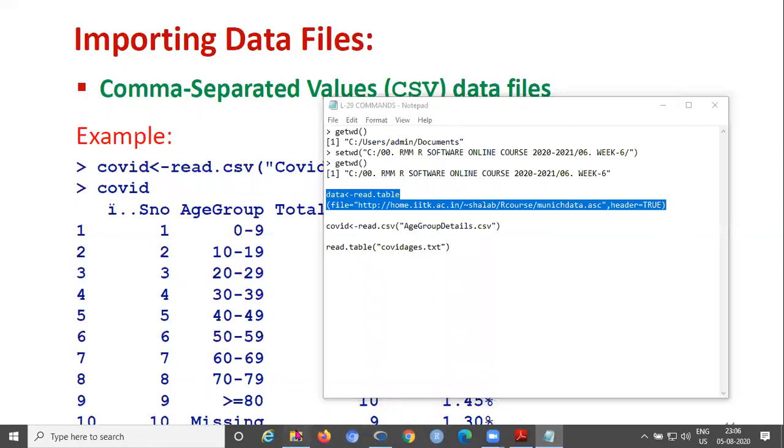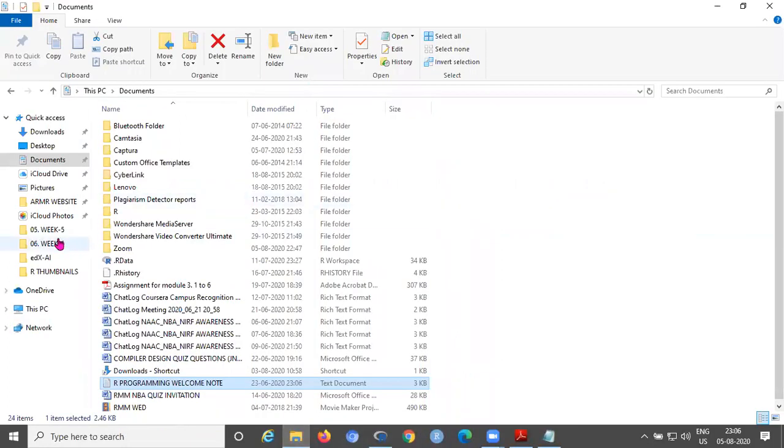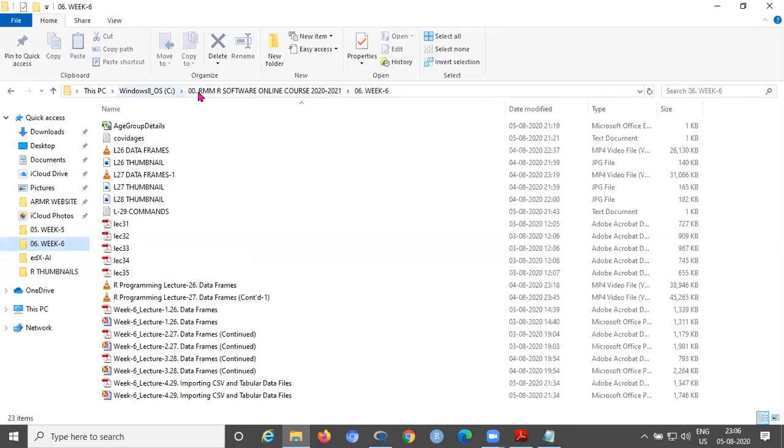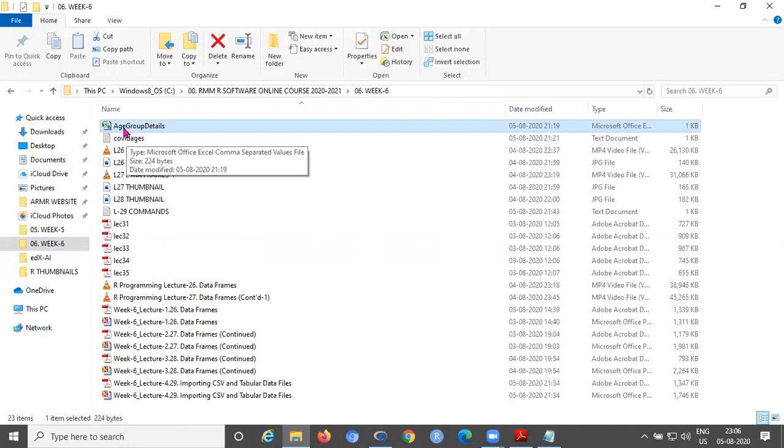Now you can see. So here you can see the folder path, 00 RMM online course 06 week 6. See the file name is this one, age group details CSV. Here you can see, which is an Excel file. Here you can see comma separated value file.